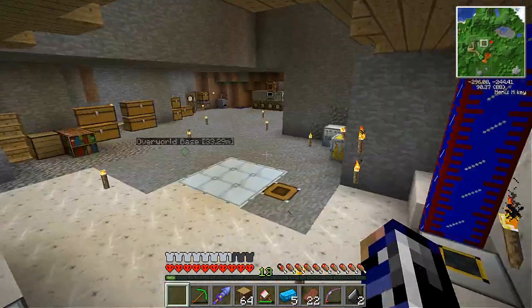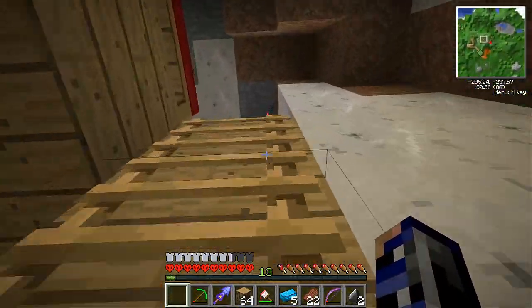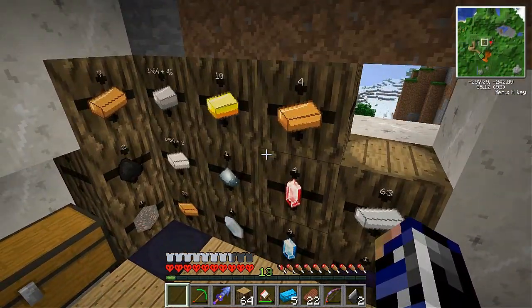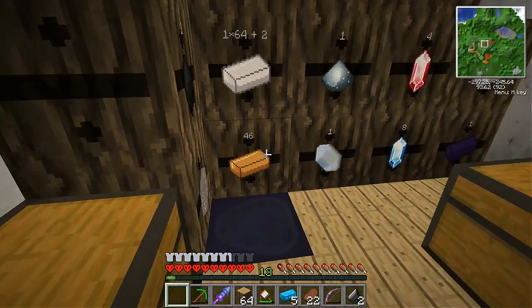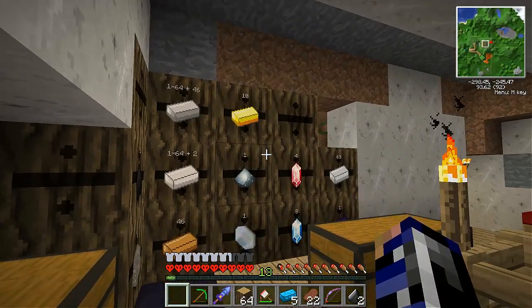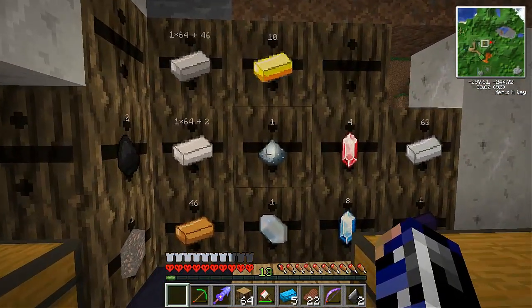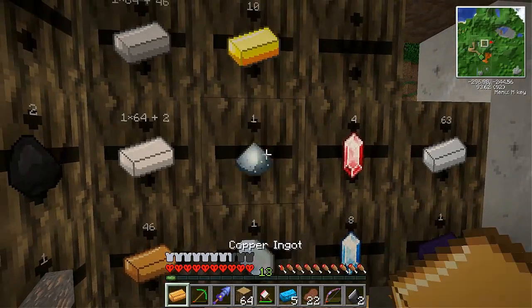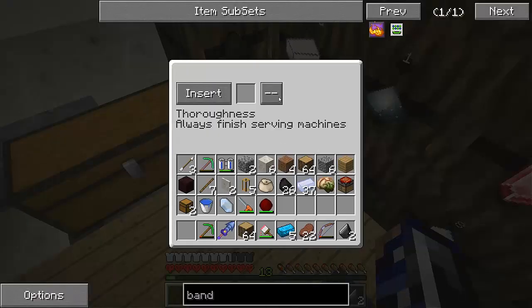I can't be bothered. Okay, so we can get the aluminum ore out of here and see what we have here. A lot of stuff. So copper back out. And it seems like I did a test. I did this in a test world. That's the thing. Wait, unless this is quartz dust. Yes, that's quartz dust. So I shouldn't be as worried. And it seems that the thoroughness...